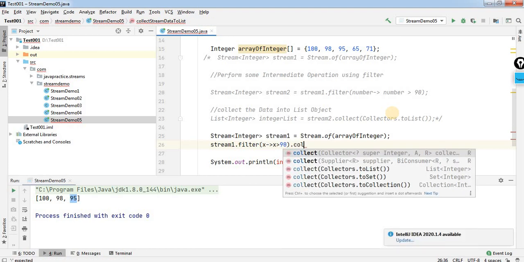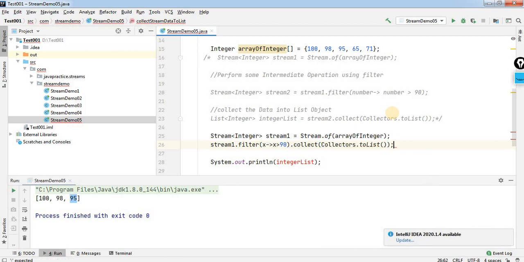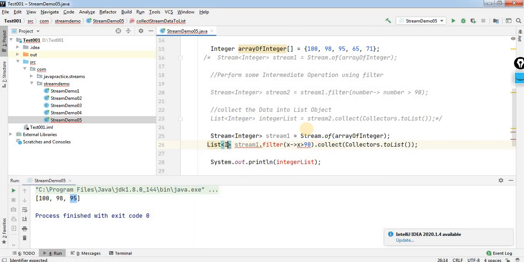Then what I am doing, I am collecting this information. I am calling Collectors.toList, and this is going to store the information into the list of an integer. So I will use list of an integer, and here I will take integerList is equal to this.